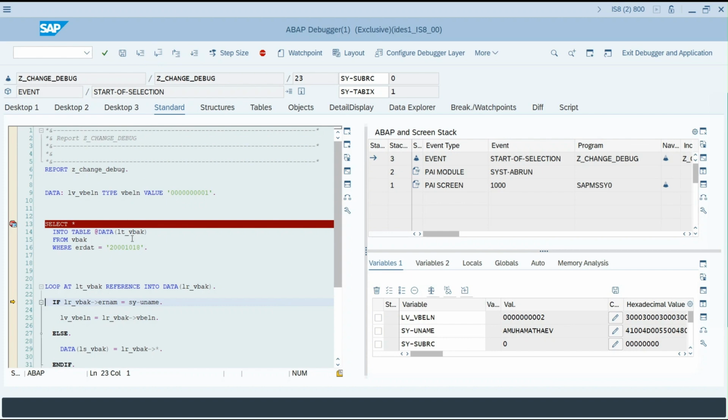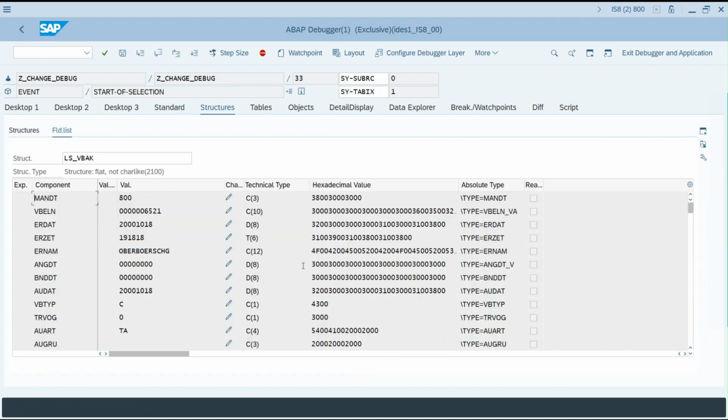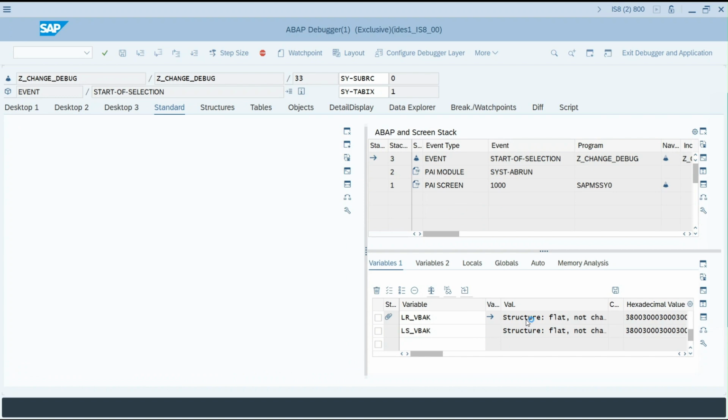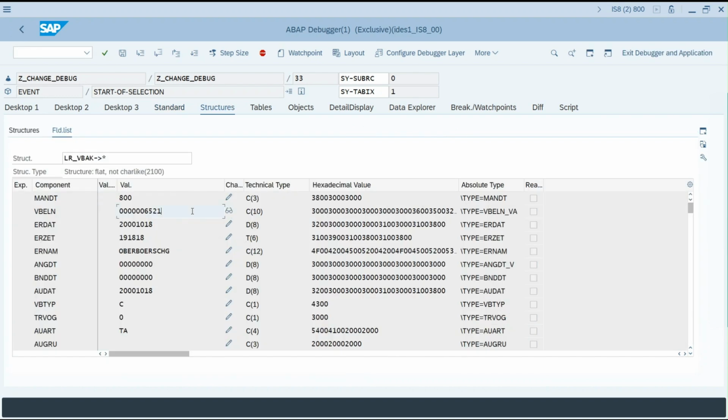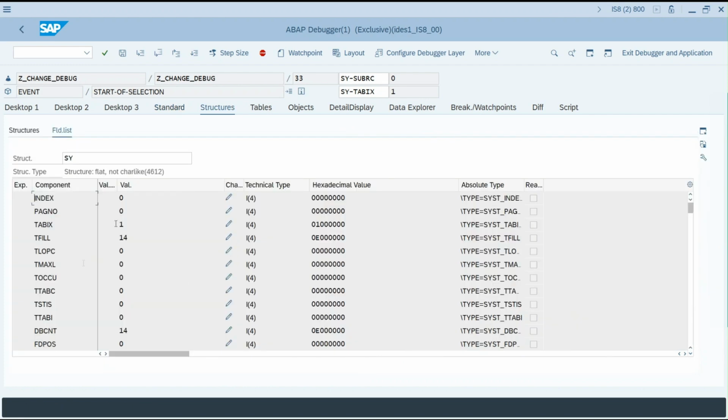Second example, structure in ABAP. It's a reference to a structure, but with a structure it will be the same, like this. Structure, go to fields. After that you can change fields like this. In this case also, for example, like this. These are custom structures; a standard structure you can change also. Go to fields and you can change.